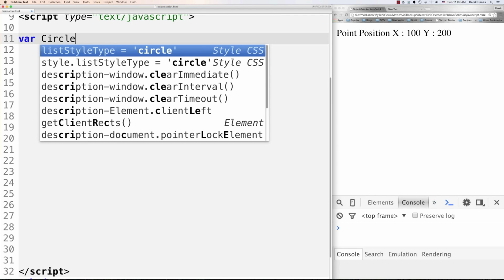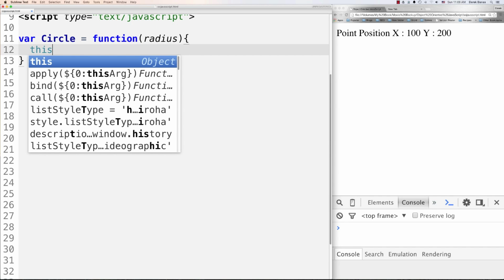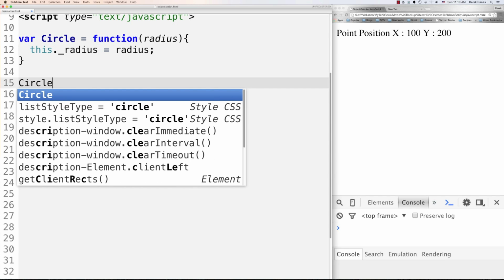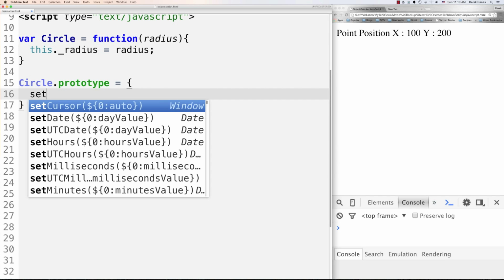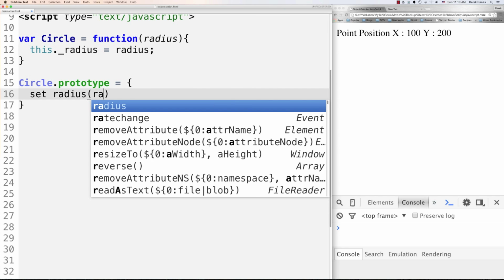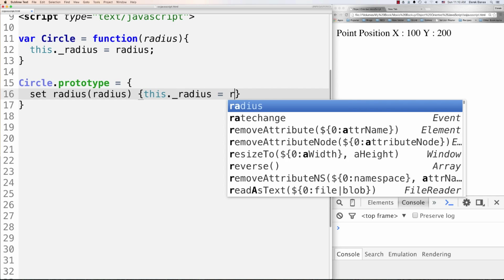Let's just come in here and say we want to create a circle, and it's going to receive a radius. And real simple, let's put an underscore here to separate this from all the other radius references that we're going to be making. Now what we're going to be able to do is reference the prototype again and create the setter. To do that, we just type in set radius, followed by radius right there, what it's going to be receiving. Then we'll just go this radius,